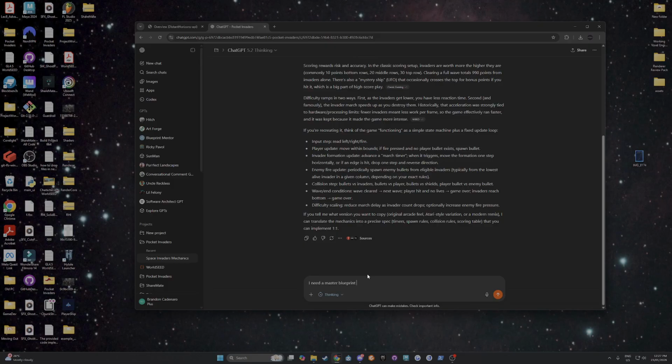A master intended end state, basically the vision, architecture, and core subsystems, rules that guide how the game should be built and evolve in recreating Space Invaders